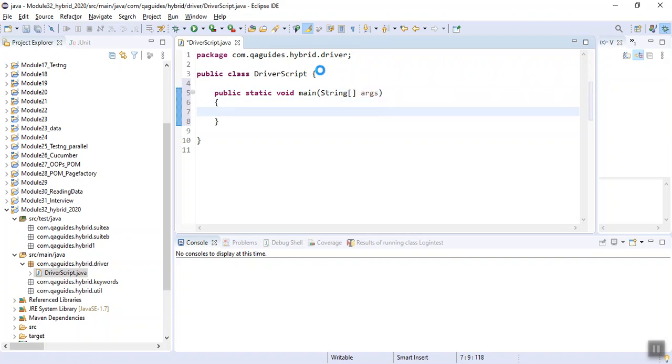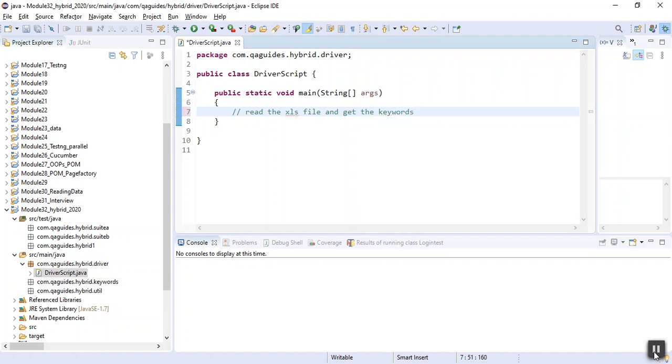Fine. So what I will do here, I will now be starting with my Excel. I will read the XLS file and get the keywords from it.